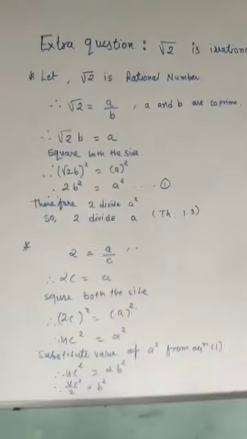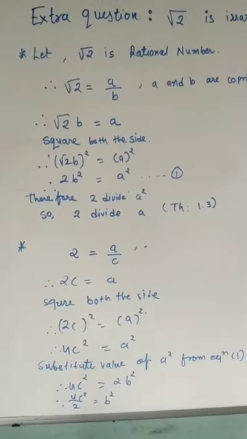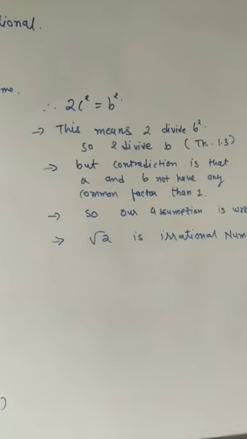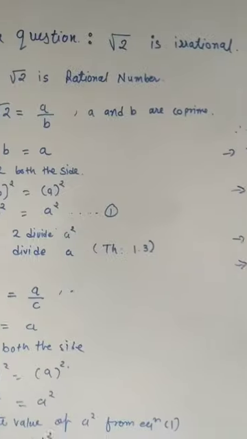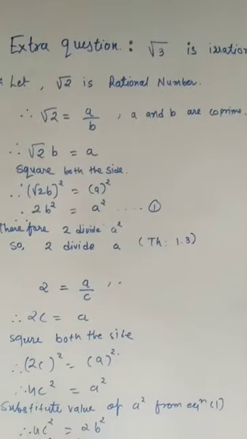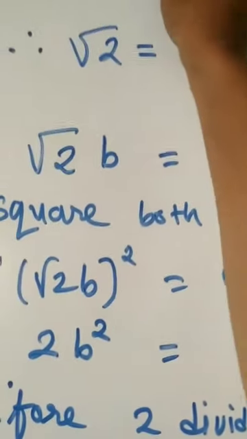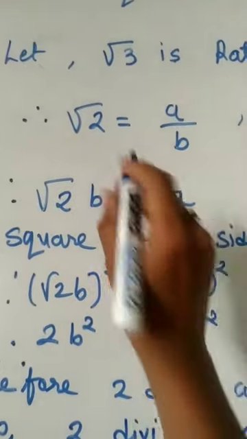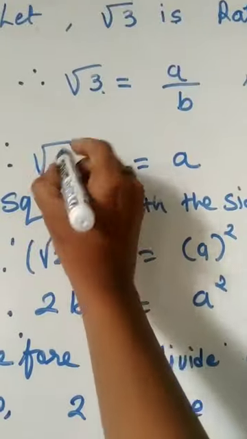Now I would like to tell you what kind of changes you can do. You have to remember this whole thing, ditto point-wise, and write it in the board paper same to same. Now if they are asking you to prove that root 3 is irrational, the process will be the same, only you have to change that here you will write 3. Wherever you find that 2, there you will write 3.